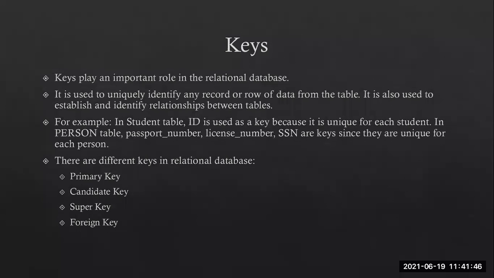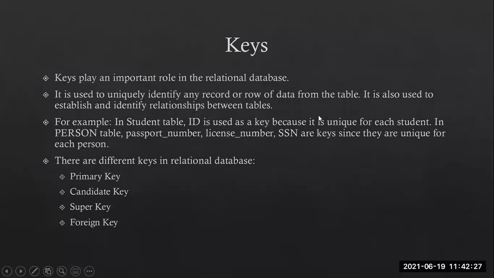So it is used to uniquely identify. Of course, a key is a unique value. From your class, everyone has a respective roll number, right? As I give the example, Sai Prakash's roll number is 401. This 401 is not going to be taken by any other person; 401 has been booked for Sai Prakash. If you have another Sai Prakash, we have to give some other roll number. So when you have this unique key or unique value, we mention it as a key. They have said: uniquely identify any record or row of data from the table.